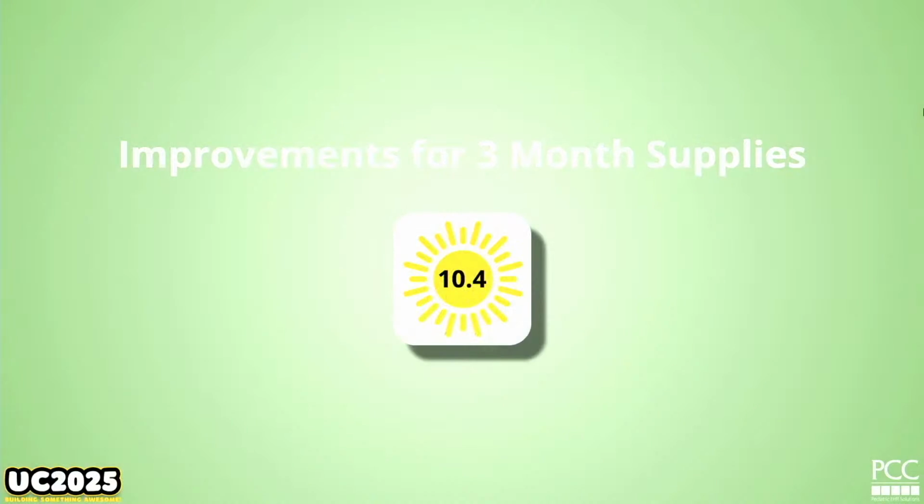All right, 3-month supplies, and you might be thinking, well, hey, what about resending for 3-month supplies? That's the first slide that I'm going to talk about. You can resend 3-month supplies today, but you have to send all 3 of them to the next pharmacy, and that may not make any sense, and you may not know there's trouble in town until prescription number 2 comes around, and right now you can't do anything with that. And then you're deleting it, and that loses the evidence of the first one, and it just makes things messy. All of that is about to change.